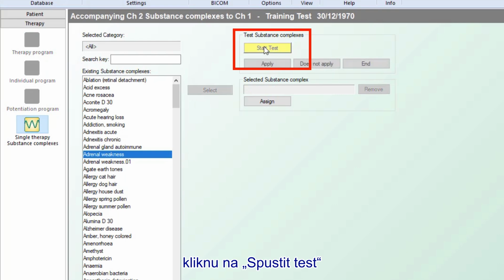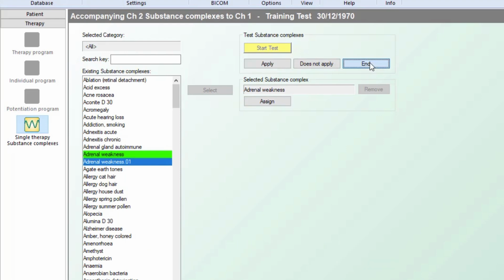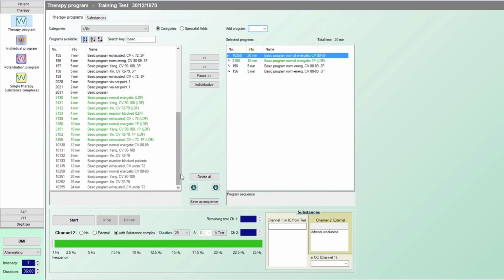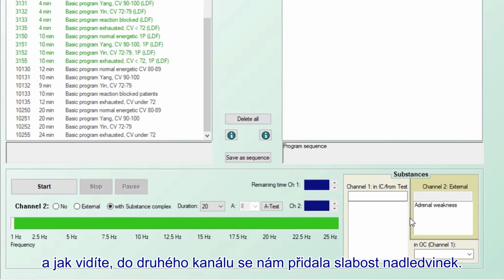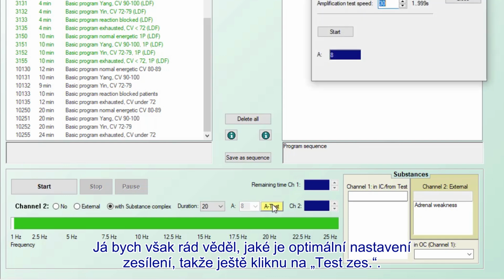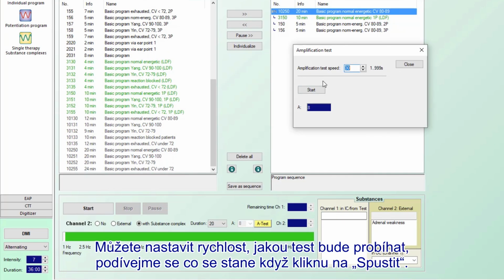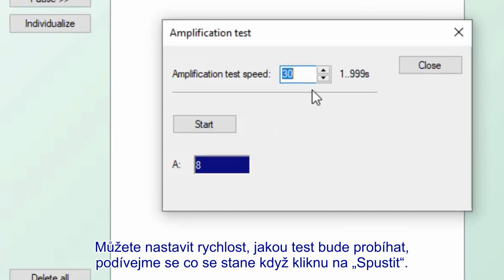So I click start test, and it's now testing on the BICOM adrenal weakness, and I'm going to go apply and assign. So here you can see in channel 2 it's just added adrenal weakness, but I would like to see what amplification is needed. So I'm going to click the A test here to test this adrenal weakness,